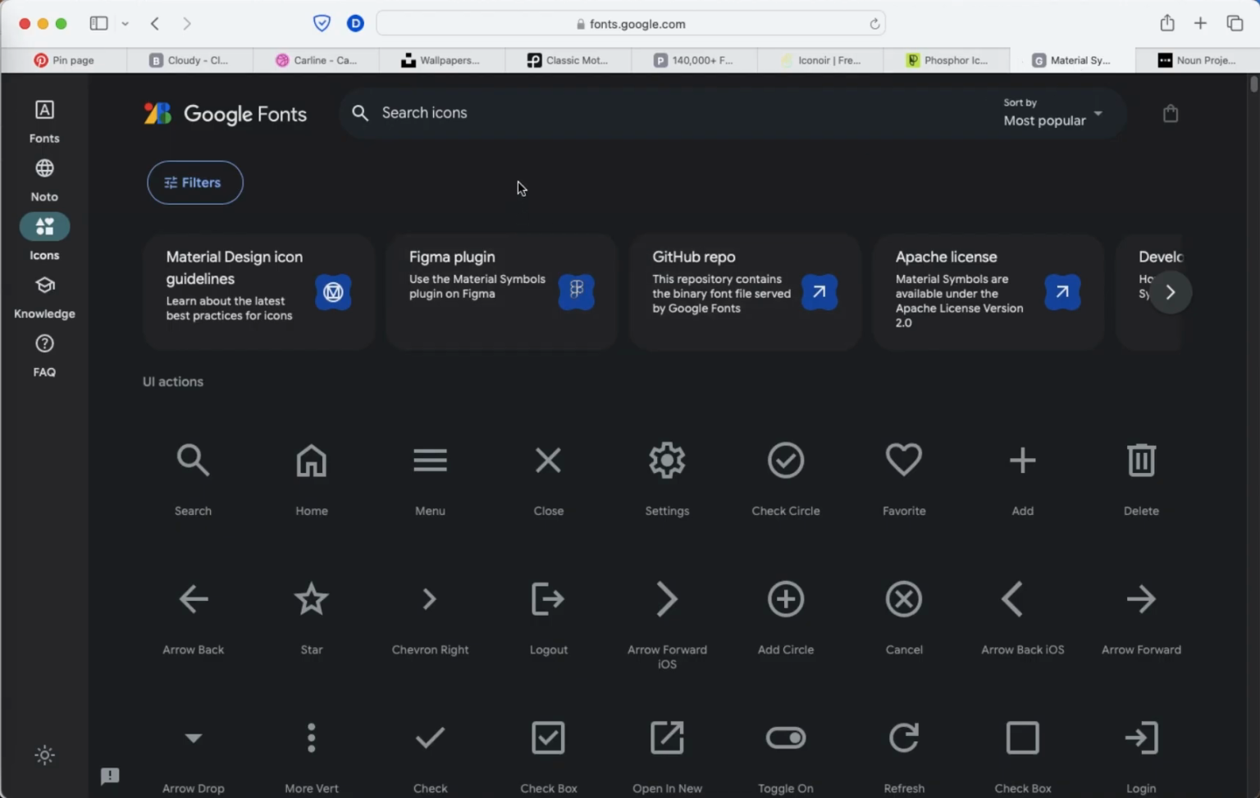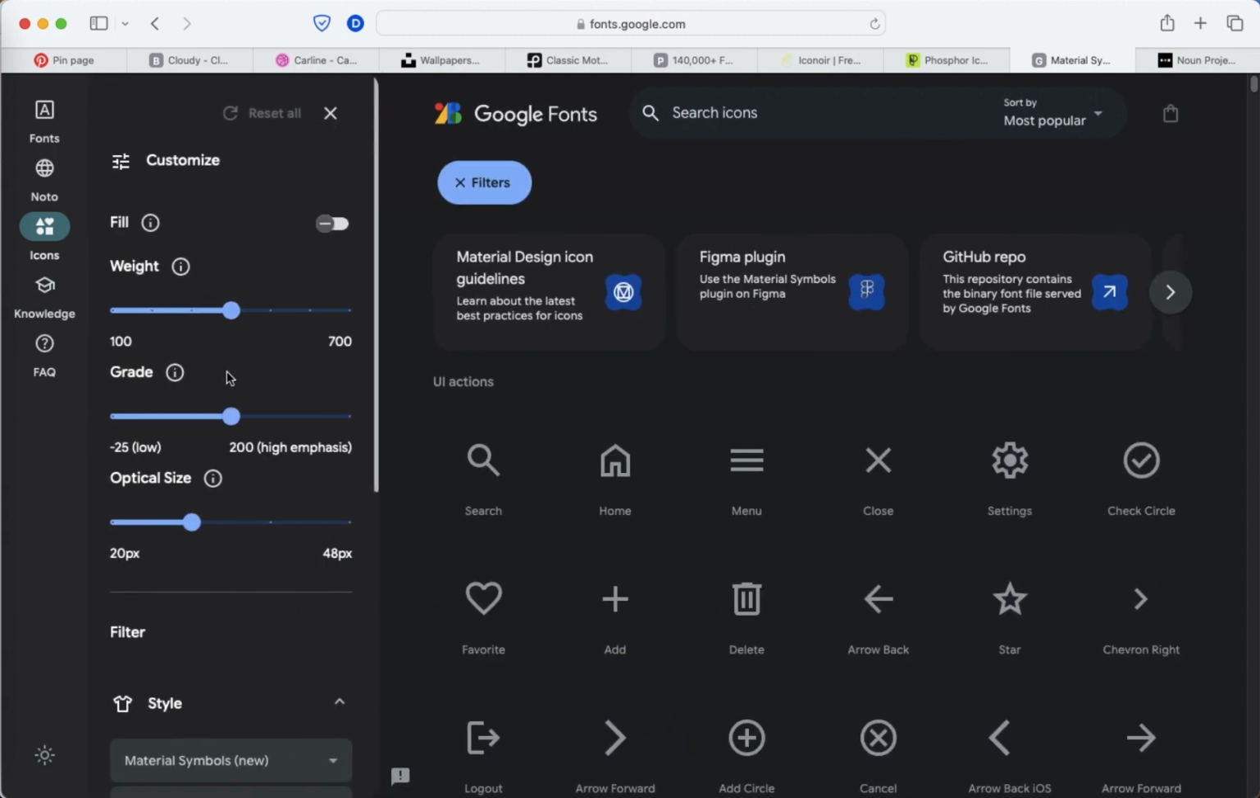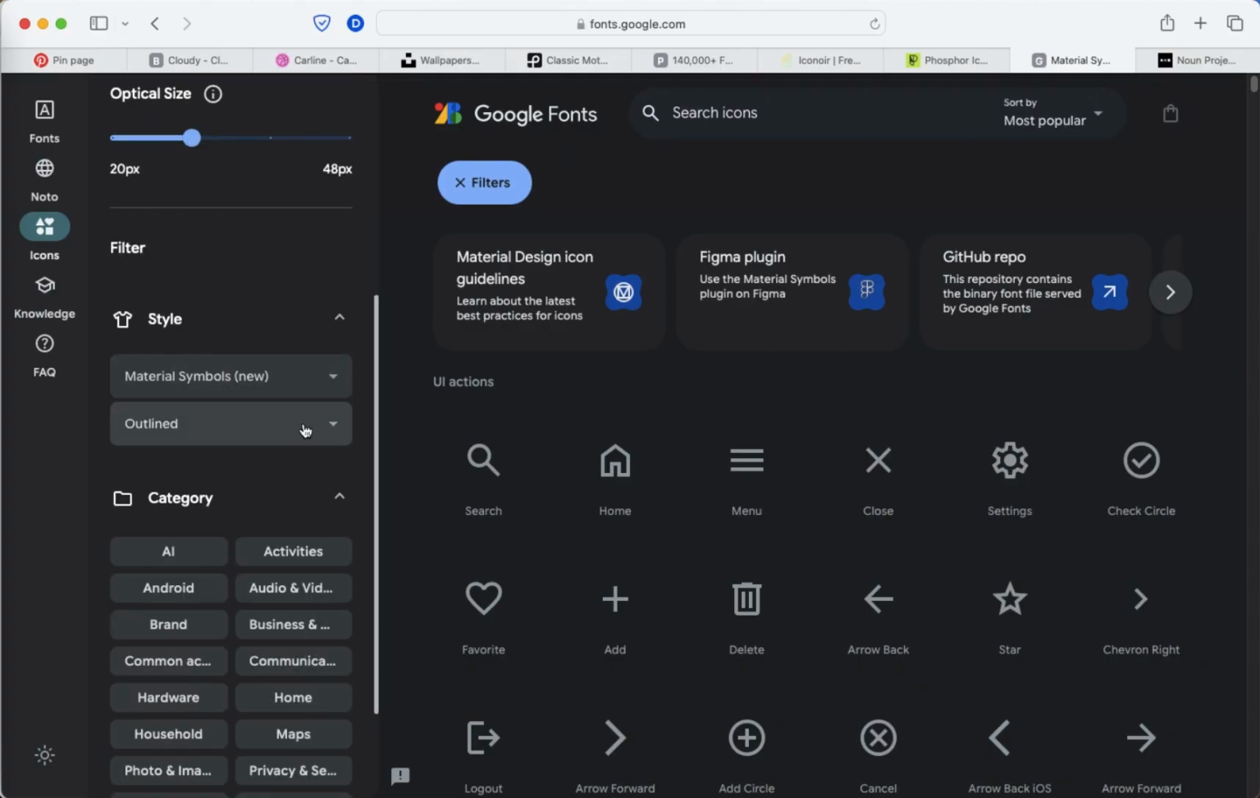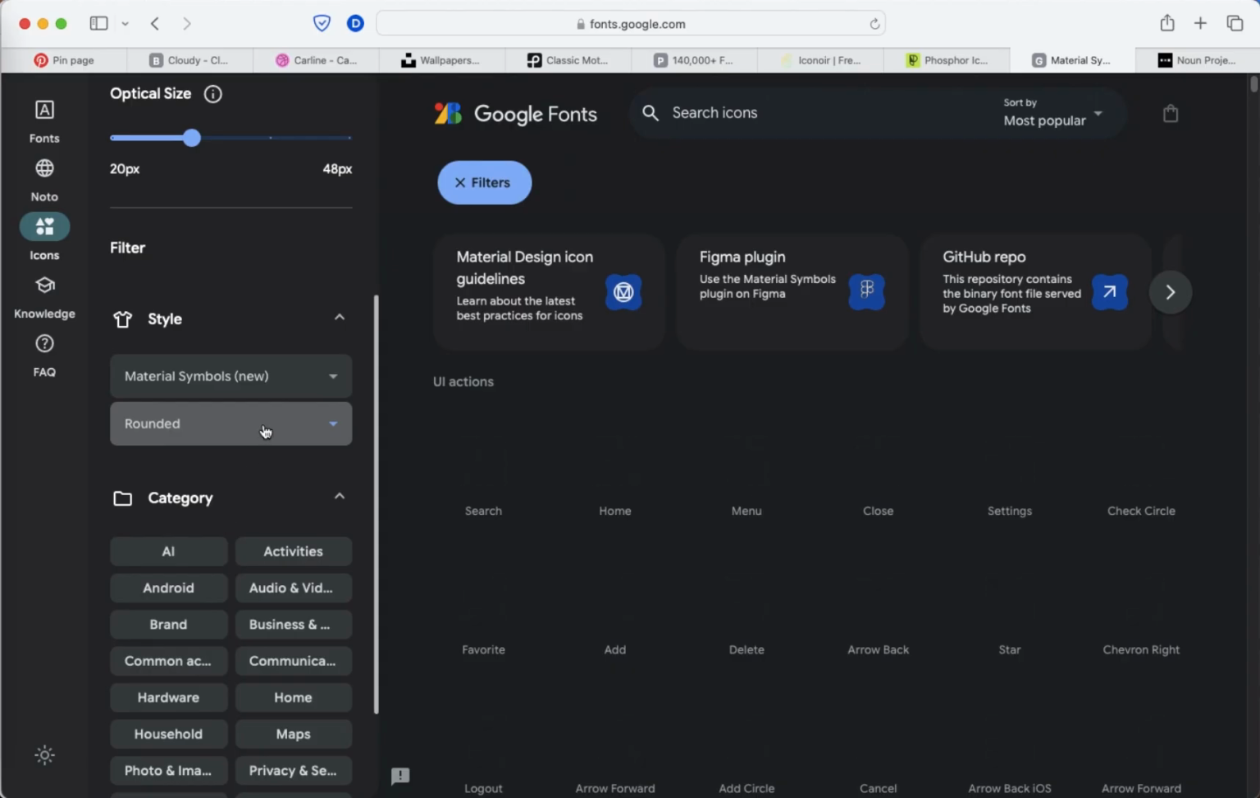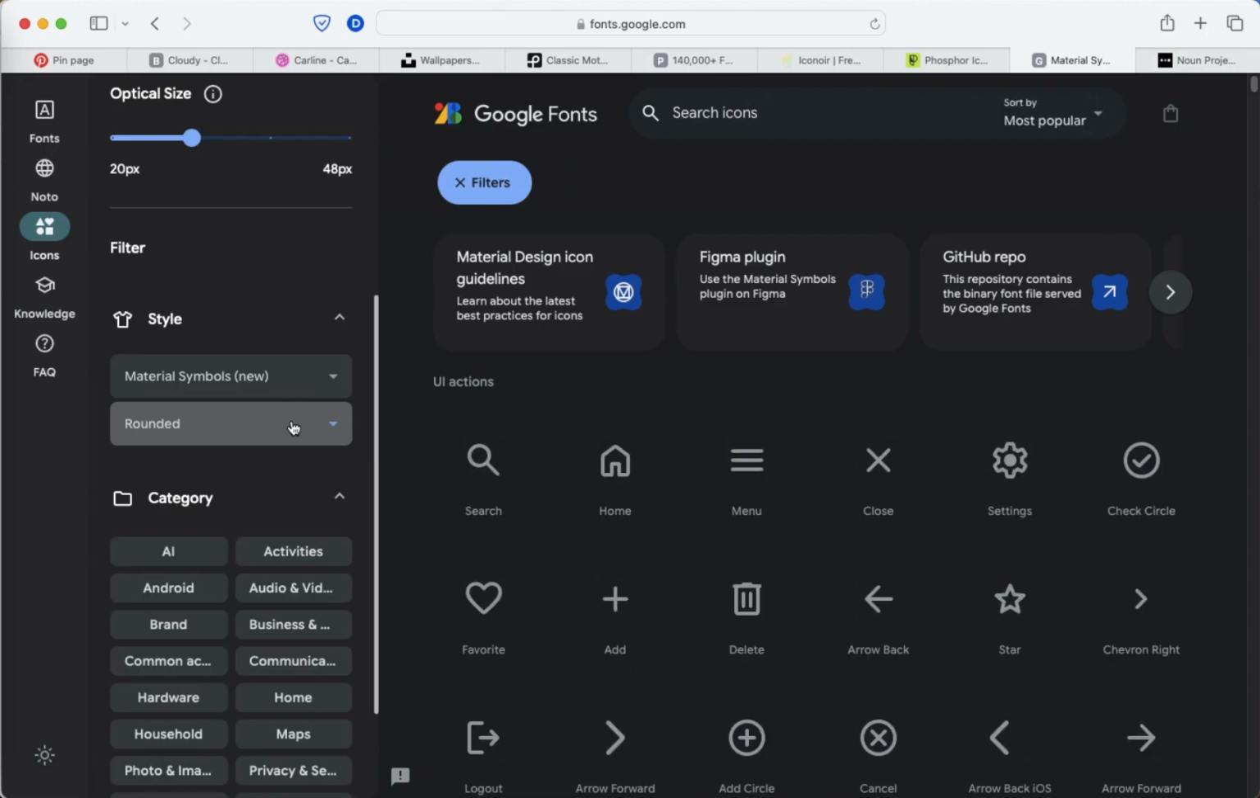Now Google Fonts is one of the best places I also get icons, especially when I'm designing for Android apps. I like to get my icons from here. And another thing I really love about Google Fonts is that you can choose how you want your icons to look. And what I mean by that, okay, I can choose if I want the icons to be outlined, if I want them rounded, if I want them sharp,